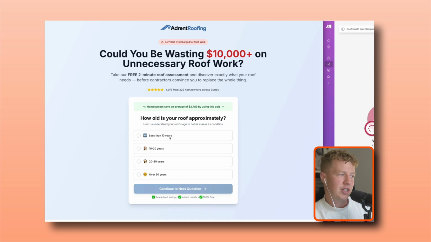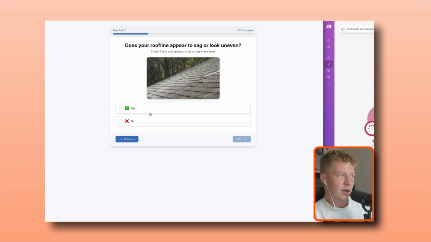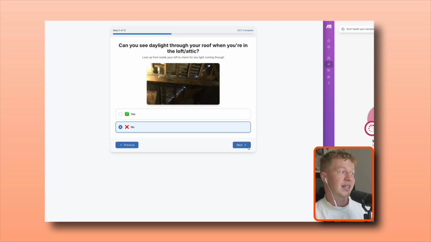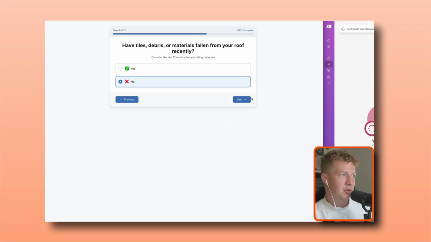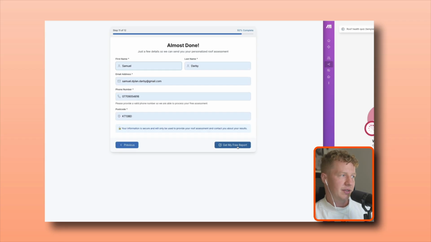So if we just put in data, this time we're going to put in data that's maybe not as risky. So we're going to answer no to a few of these questions. We'll say yes to that question. We'll say no to that question. We'll say no to that question. We'll say no to that one. We'll say yes, we have a little bit of that. We'll say we have slate roof. Do we have tiles? No. Would you rate your roof's overall condition? I'm going to say fair, some visible wear, and then how urgent is your situation? I'm going to say minor concerns, and then I'm going to put my details in here